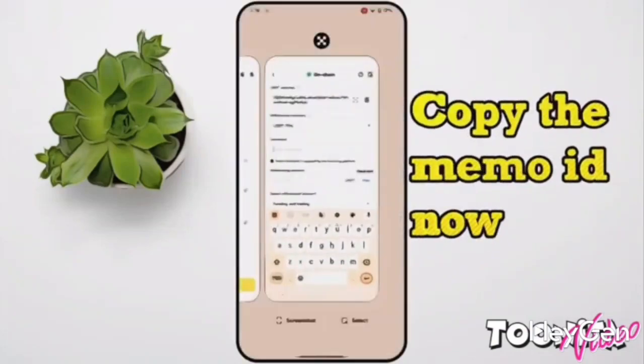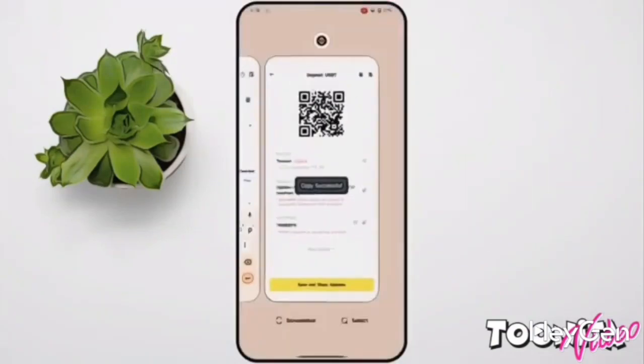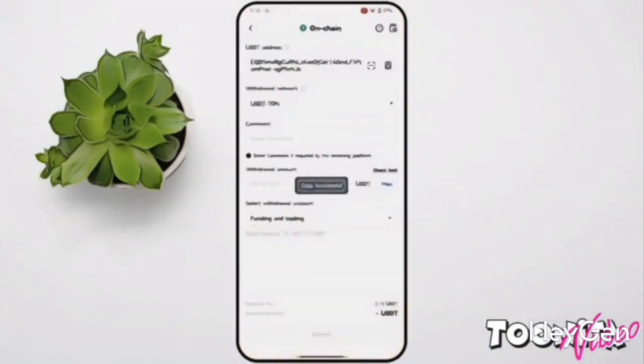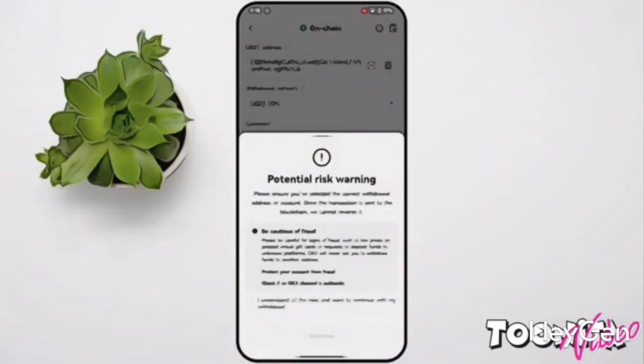Go back to the Binance exchange, and here you need to copy the USDT memo from here. After copying, you have to paste the memo ID in the comment section here. After this, where it says withdrawal amount, you need to type the amount of USDT here. Enter the amount of USDT you want to transfer, and then click the submit button here. Once you click the submit button, check the box here and continue, then click the confirm